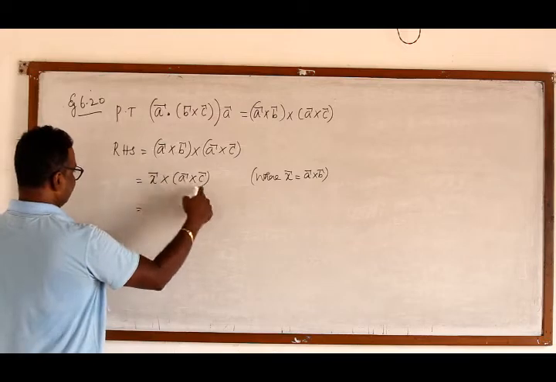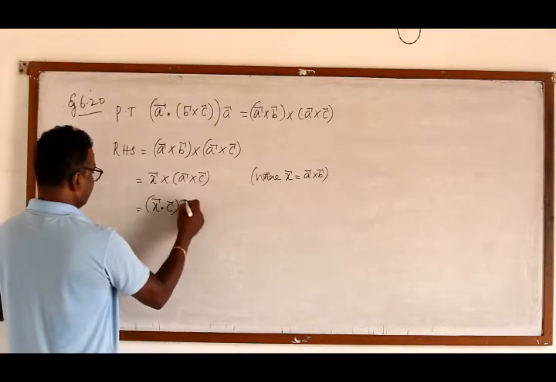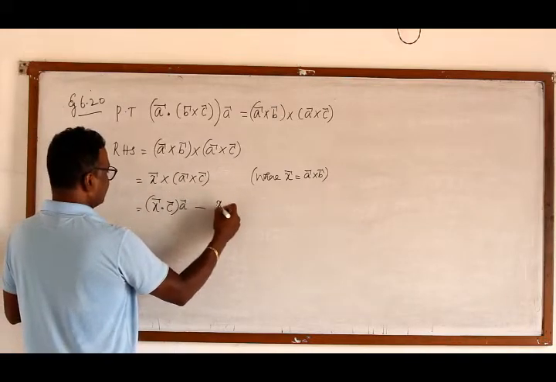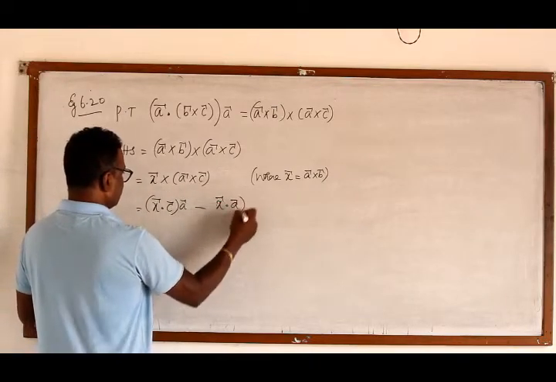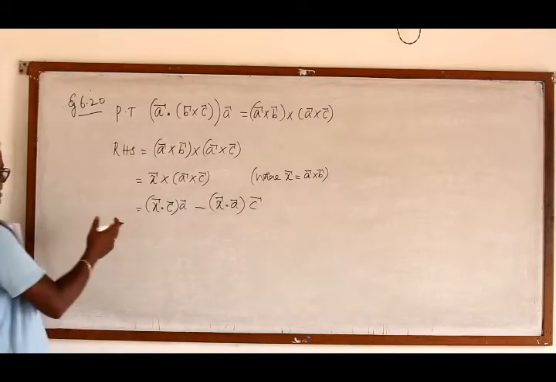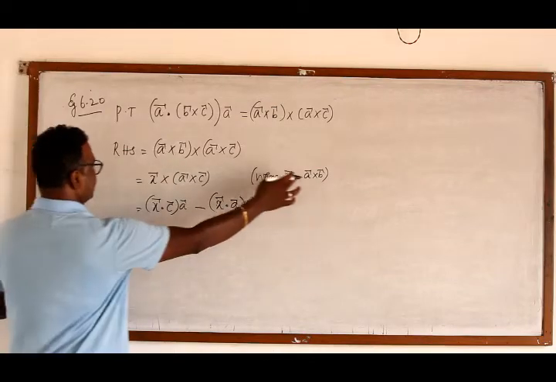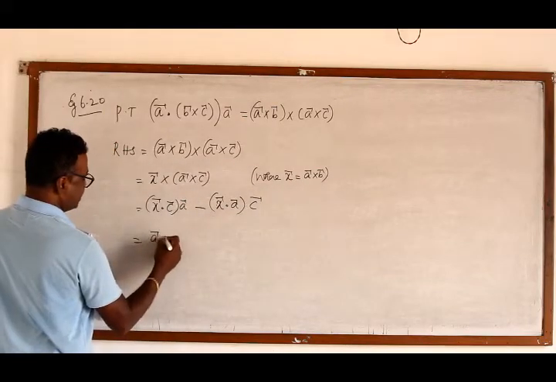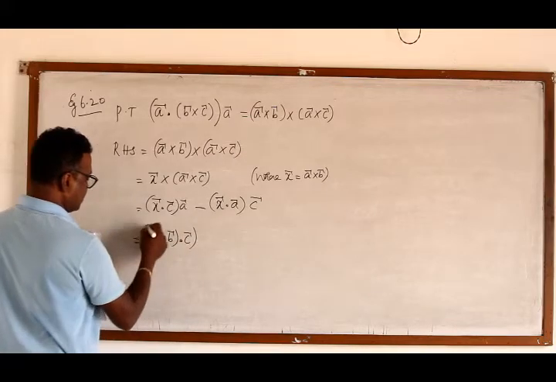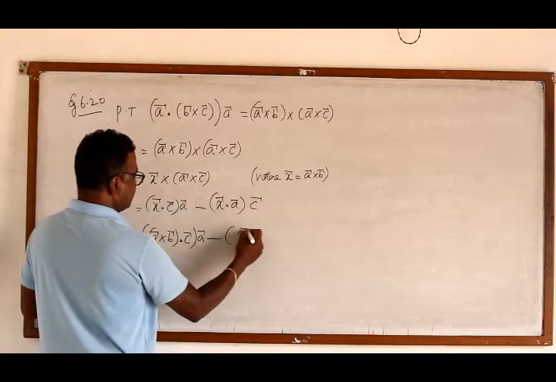It is 1, 3, 2: (x dot C) into A, minus, since the second bracket is there, 1, 2, 3: (x dot A) into C. Now that's all over, so we should substitute the value of x, which is A cross B. So it is (A cross B dot C) into A minus (A cross B